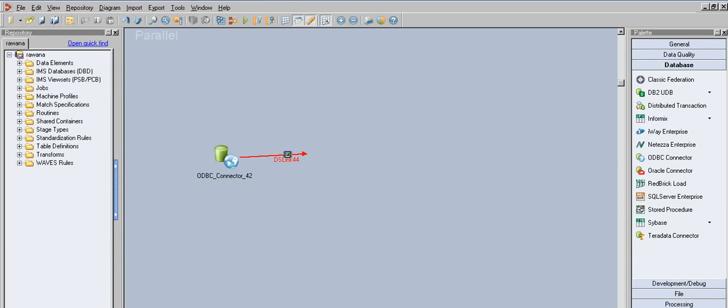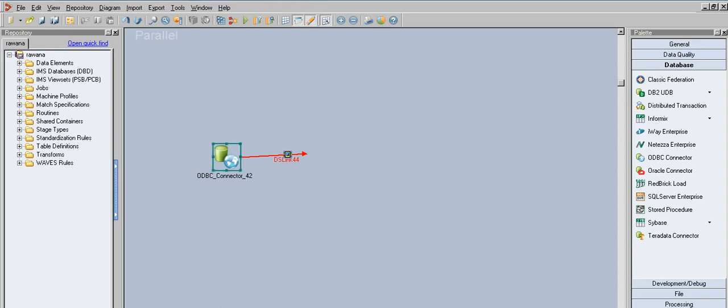But for parallel jobs, the important thing is the driver and driver manager must be installed on every node. Let's say the configuration file has 4 nodes, so it needs to be installed on every node. You need not worry about those much details. So that's it for this ODBC connector stage. And we can also use this ODBC connector stage to establish a connection to other databases. When you want to establish a connection with other databases, you can use this connector stage. So yep, that's pretty much about the